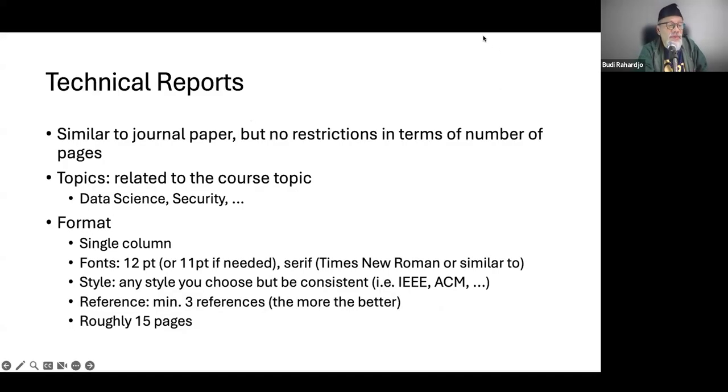The proper terminology for this class is technical reports. A technical report is basically similar to a journal paper, just like the regular journal paper, but there is no restriction in terms of, say, number of pages, the style, and things like that. So this is more like a free format, but